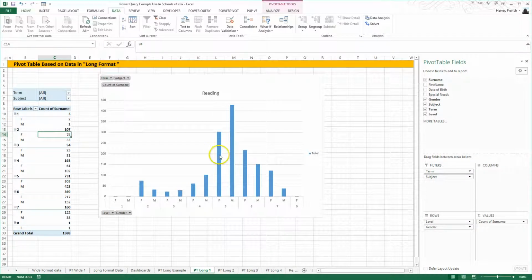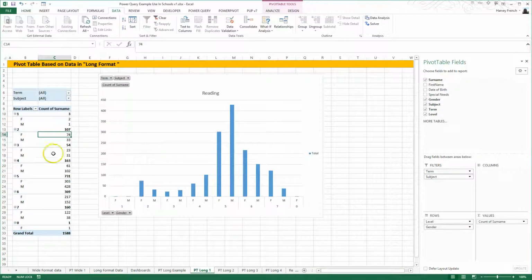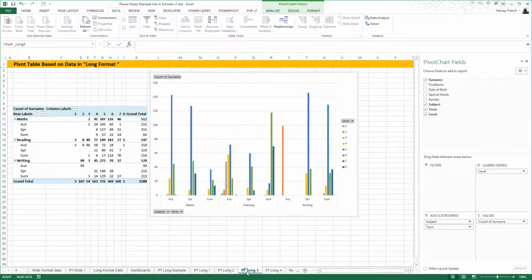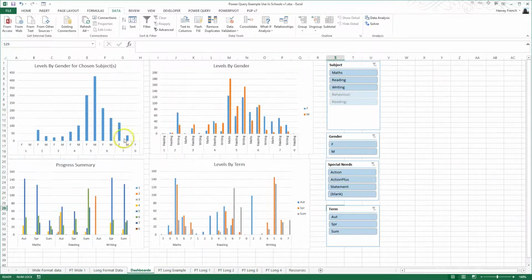So here's that chart that I copied and placed on the dashboard sheet here, and this chart is based on a pivot table here, which takes the data from the long data, structures the data, represents it, and then lets you do whatever with your charts. There's another sheet for each of those charts defined in a similar way, and on the dashboard these are just